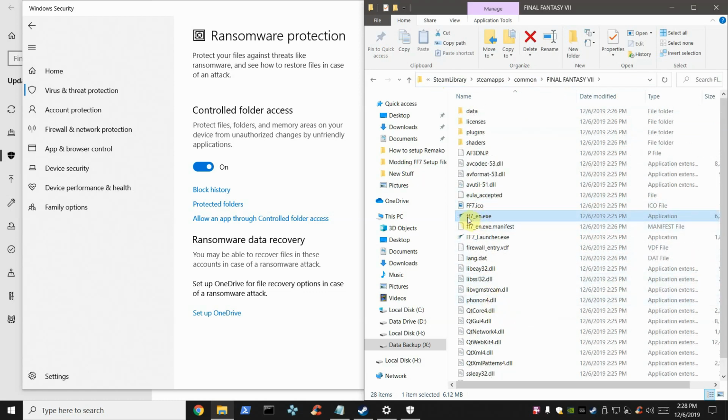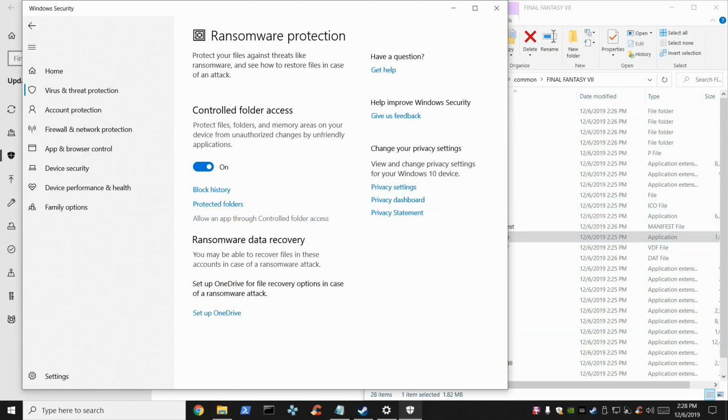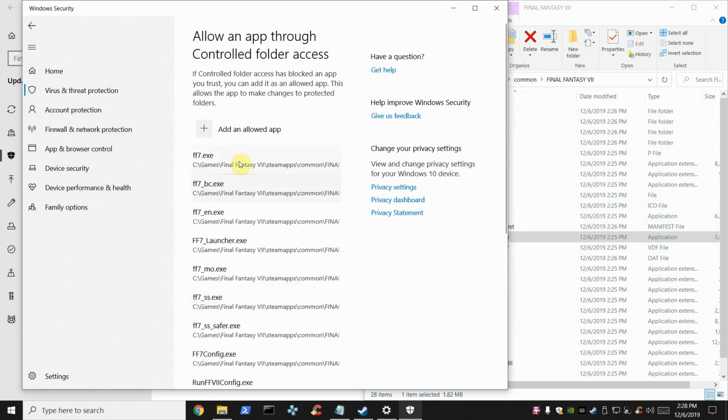Now, if you notice right now, we just have FF7EN, FF7 launcher. We don't have FF7.exe. It's because we haven't modded it yet. All right. So this is the location we need to be in to install this stuff. So we're going to allow an app through controlled folder access. See, there's your old directory. Allow